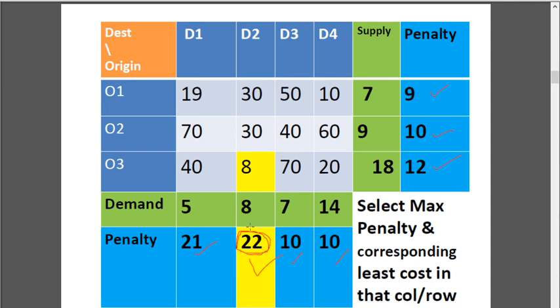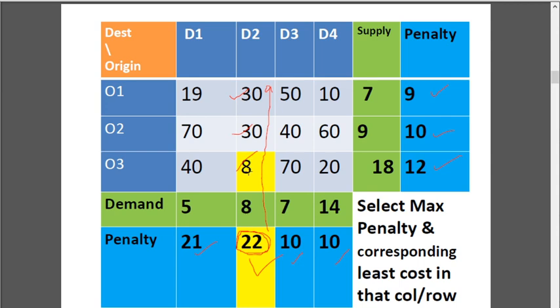Now we have selected this maximum penalty, that is 22, and for that respective column or row. For example, if I select the penalty 22 here, check out the values in that respective column. In this column, the cost values are 30, 30 and 8.